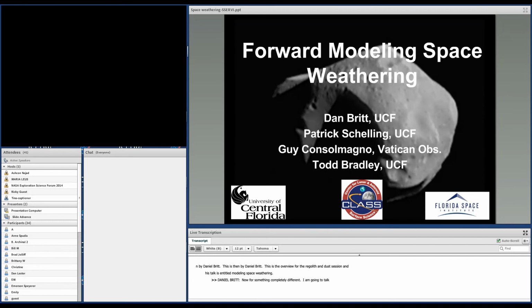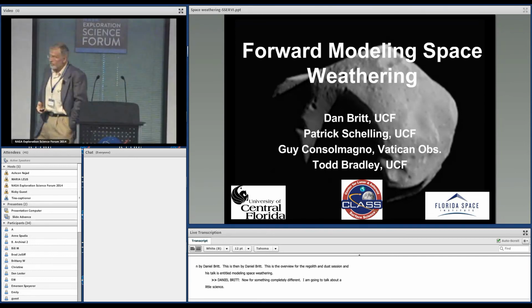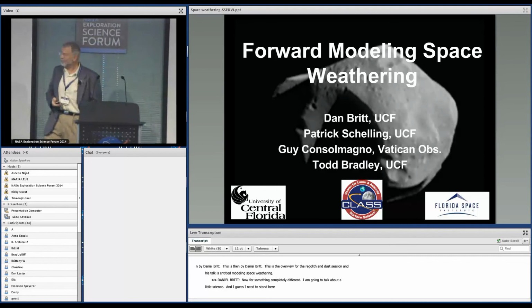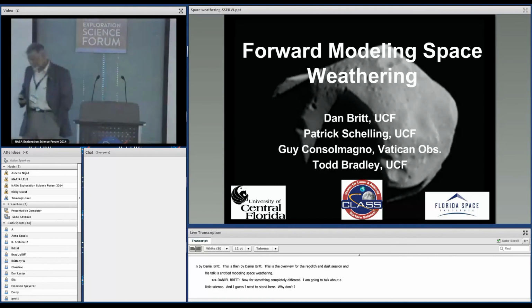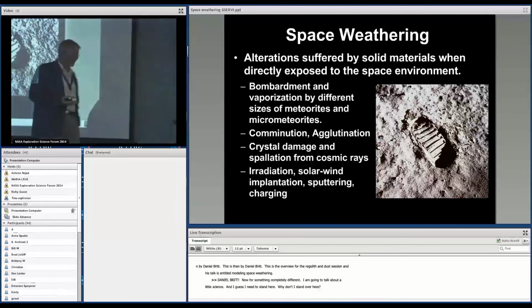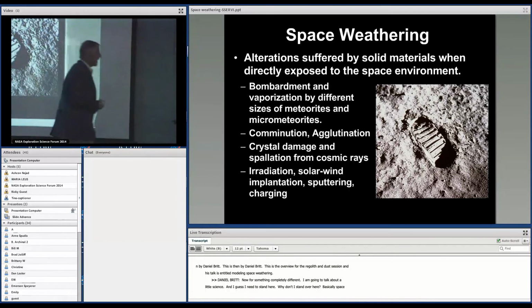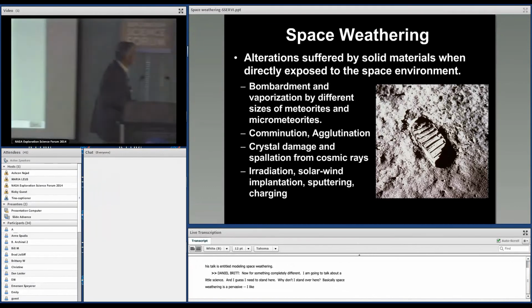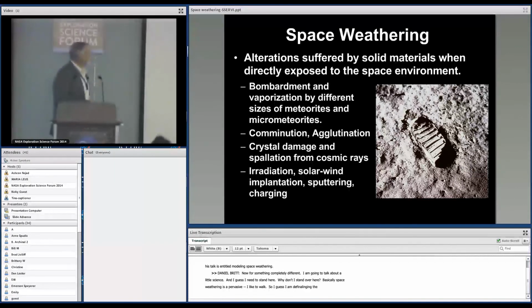And I guess I need to stand. Why did I just stand over here? Basically, space weathering is a pervasive. I like to walk, so I guess I'm defining the area I can pace. But